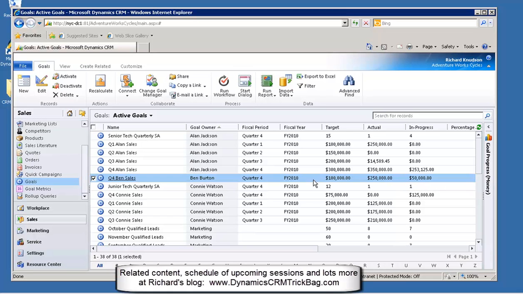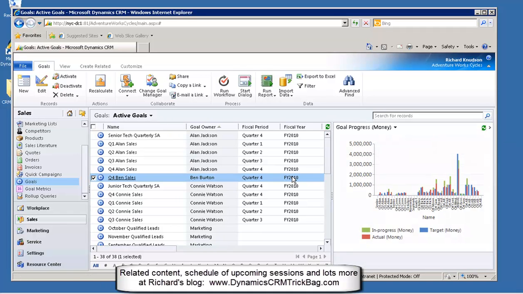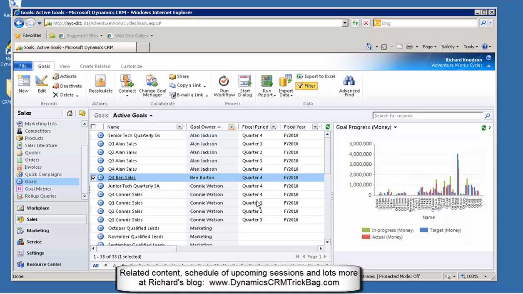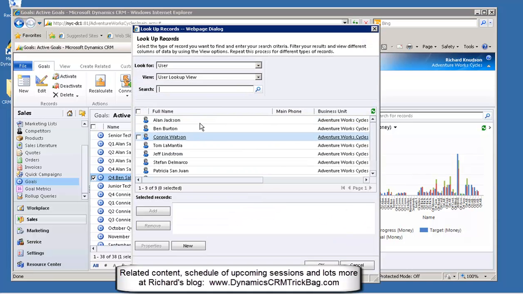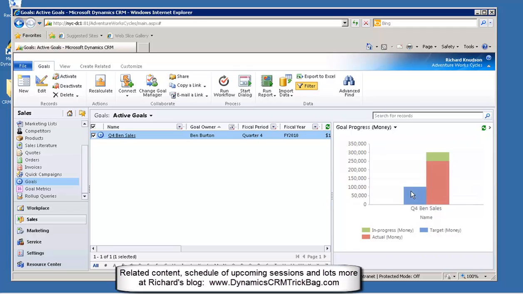And now, how about if I filter, let's expand the chart area here, and let's filter the underlying data set. This is a new thing too, the fact that you can filter an underlying data set. And let's filter by a specific goal owner, and let's choose Ben here. When you apply a filter, you then have the option of refreshing the chart with the underlying filter, and there you go. So now you can see Ben's already doing pretty well against his targets for Q4,